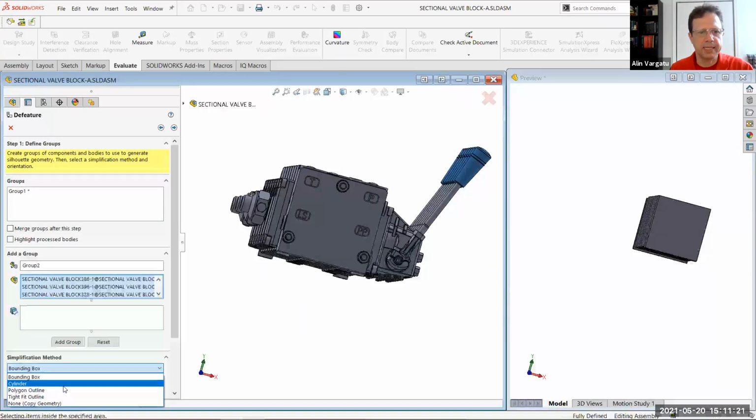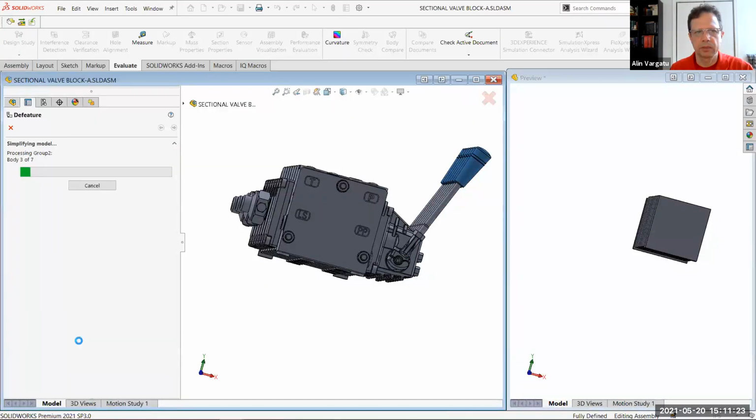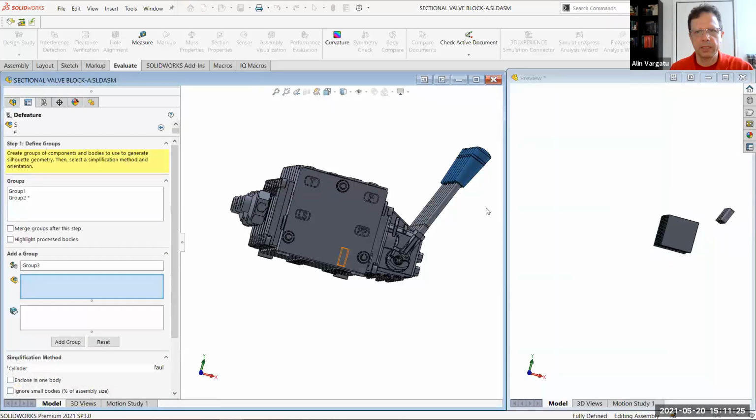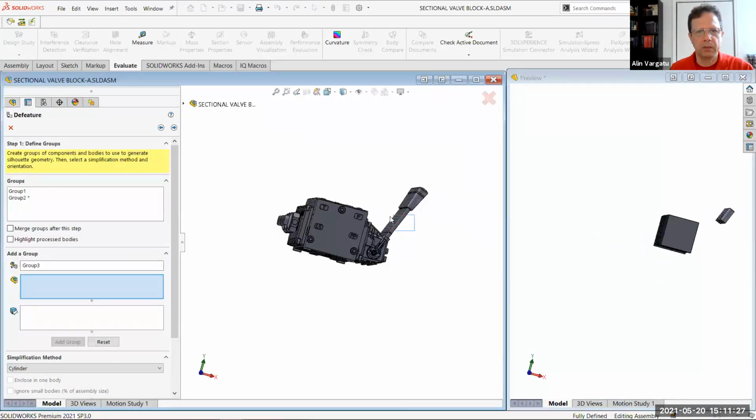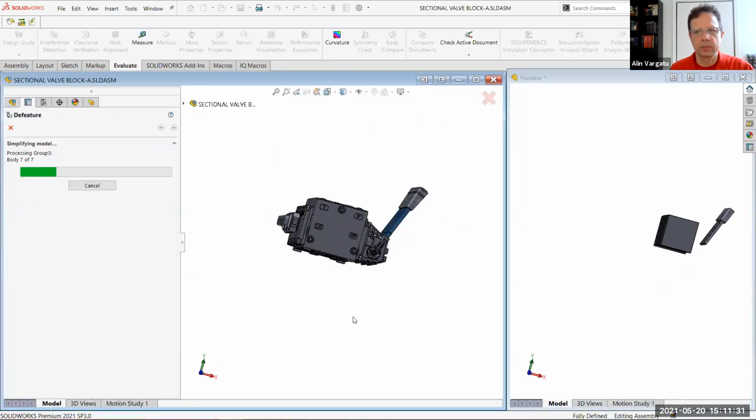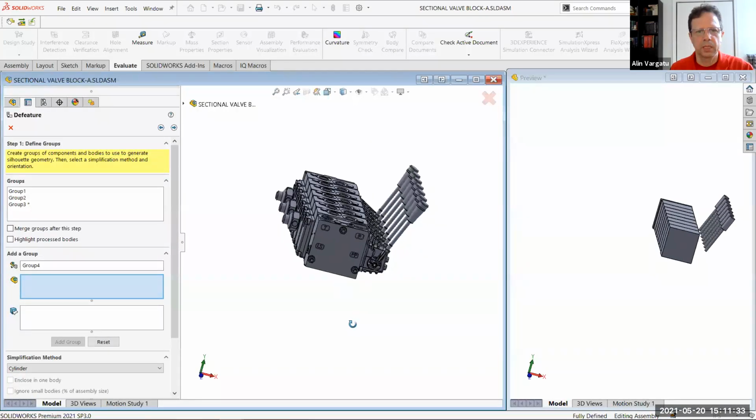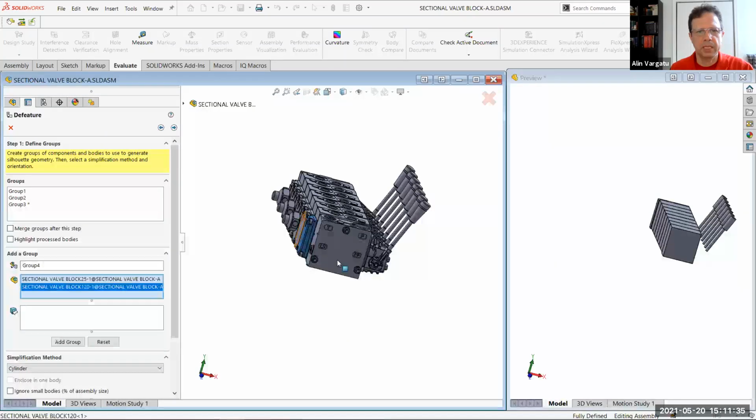Let's simplify them using the cylinder option. Right, so you can see them there. Okay, what about these guys? Let's simplify them also using the cylinder option. Okay, cool. What about this,